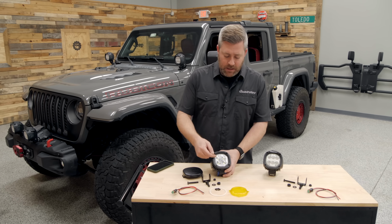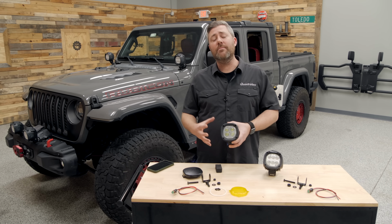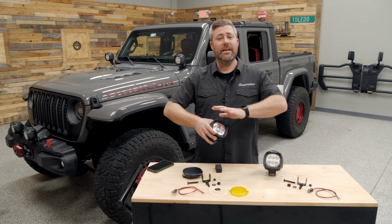So that clear lens is perfect for dry, good weather conditions, whereas maybe that yellow light is much better for dusty or inclement weather, rain, snow, or fog, allowing you to tailor those lights exactly how you like them. Now, out of the box, the standard 1010 comes installed with a driving style lens that's going to give you a great mix of long throw down the road or trail ahead of you, as well as a nice wide,